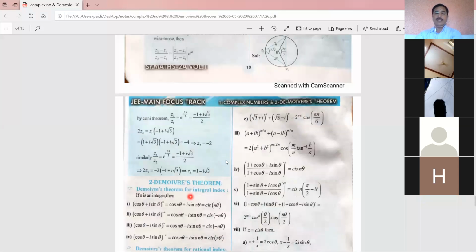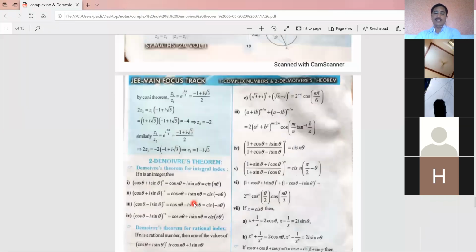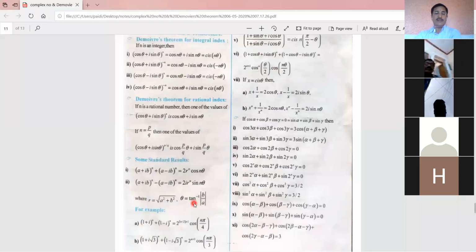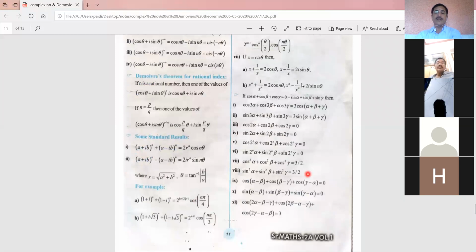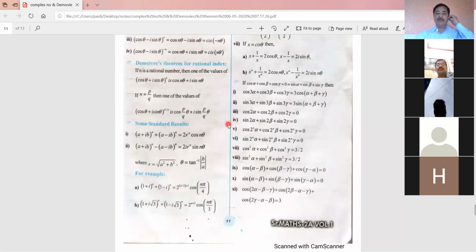Right, the next concept is de Moivre's theorem. Now we have completed the different concepts on complex numbers, and the next concept left over is de Moivre's theorem. We will take another session to discuss de Moivre's theorem, cube roots of unity, nth roots of a complex number and nth roots of unity and their properties, right? In detail, in the next session, if possible today in the evening 8 to 9, I will take another class, and in that class we will complete de Moivre's theorem also, because as per schedule, we have to complete complex numbers by today. Only 2 days are allotted for complex numbers.